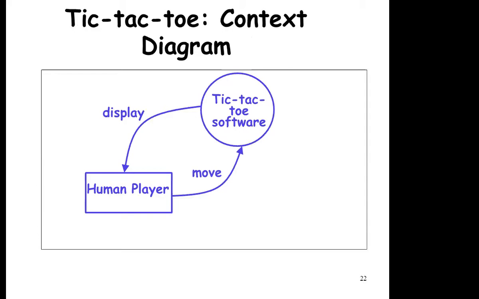Next. Just see, this is the example like what I was saying. Now the game is the tic-tac-toe game. So here the human is the player, that is the external entity. Just see, the whole game is represented with the help of a single bubble, that is the tic-tac-toe software, where the human interacts. It is the external entity. So there is a single bubble and it is a level 0 DFD.